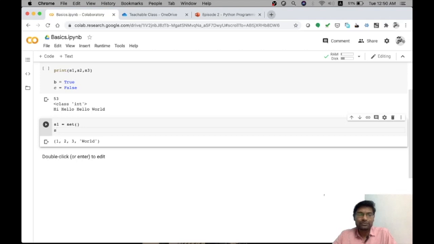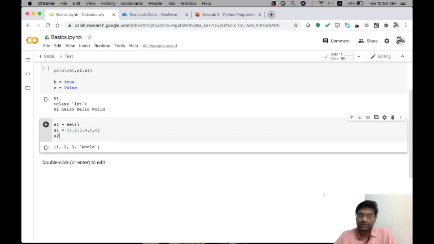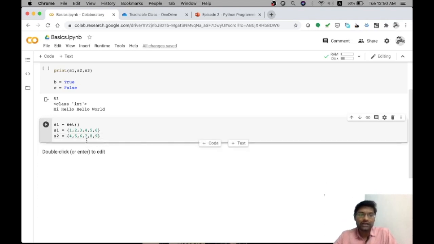To add values to a set, I can assign values by way of curly braces. To create an empty set, I need to use the set command with open and close brackets. To add values into a set, I use curly braces, and within the braces I can add my values. So I am creating set 1 with numbers 1 to 6, and in set 2 I will add another 6 numbers. Once I have created these, there is no output coming in here, but S1 and S2 are created.